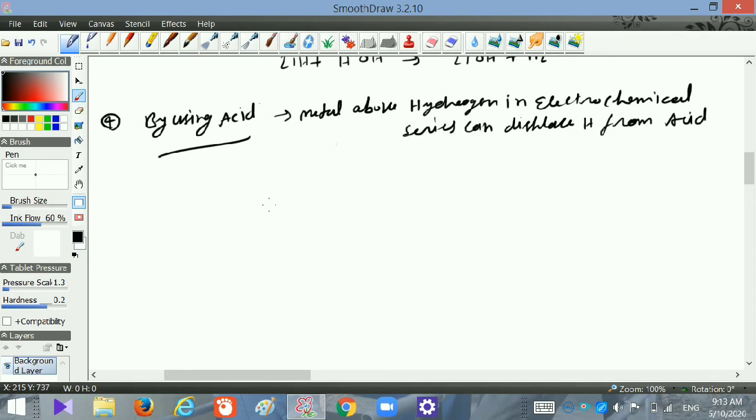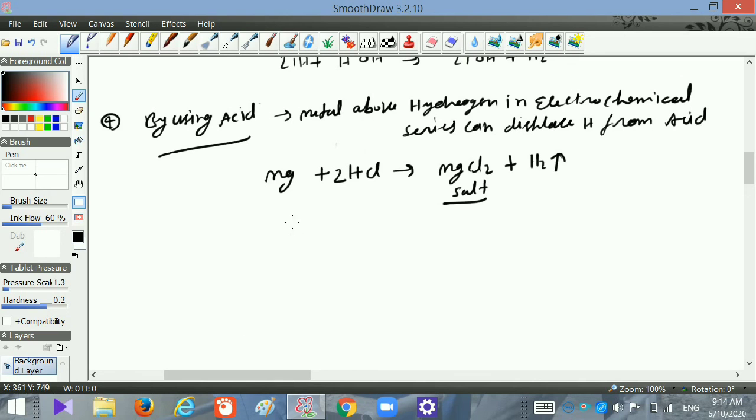you can write, suppose magnesium. Okay, magnesium reacts with HCl, it forms MgCl2 plus hydrogen gas. Gas is always denoted by an upward arrow. So here magnesium displaces the hydrogen and it forms one salt. This is the salt magnesium chloride. Okay, and hydrogen gas is evolved.